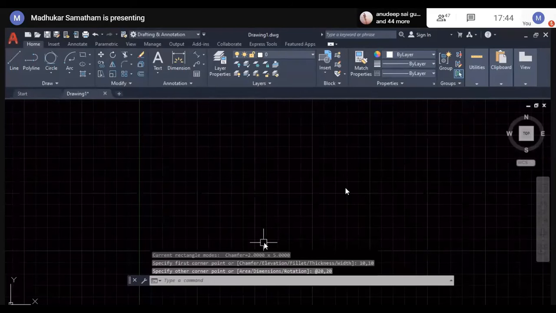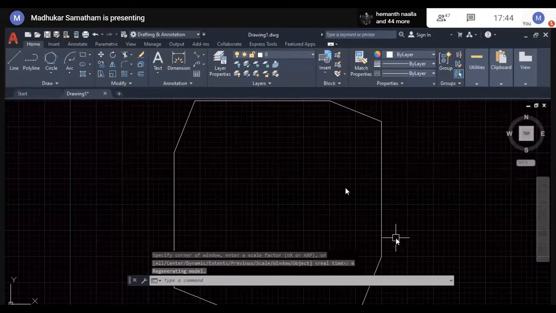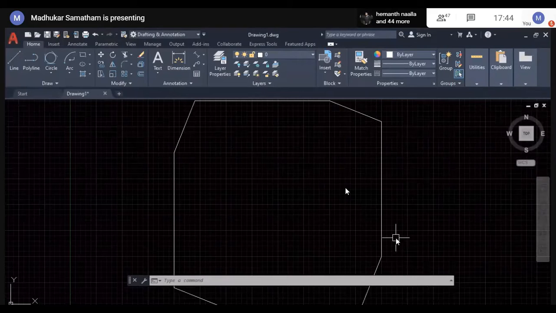See, chamfers, whatever we specified, depending upon those values, it created a chamfered rectangle.